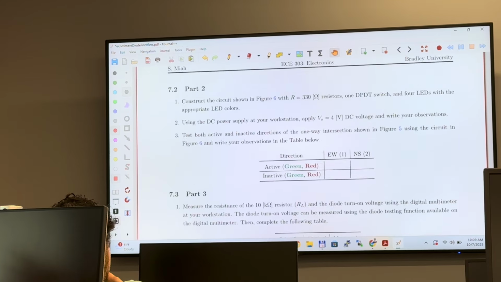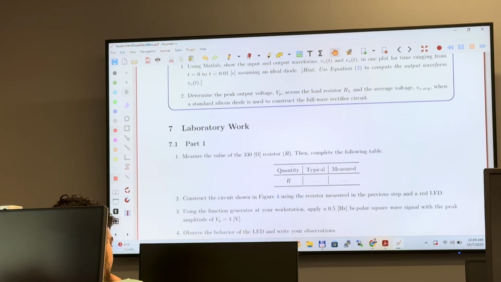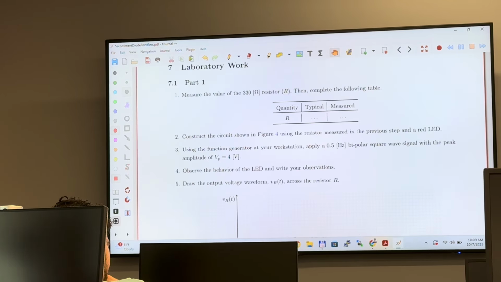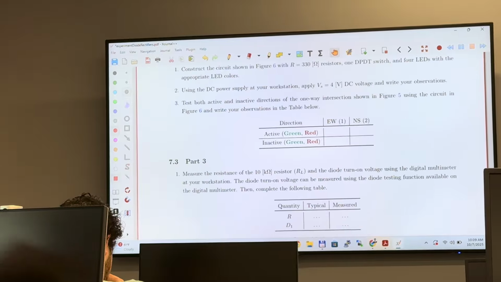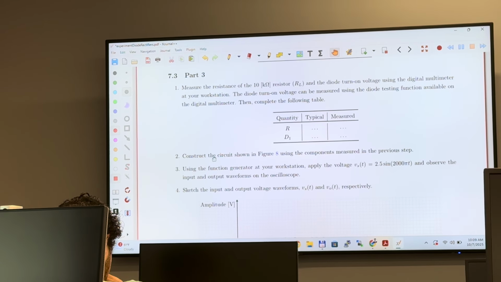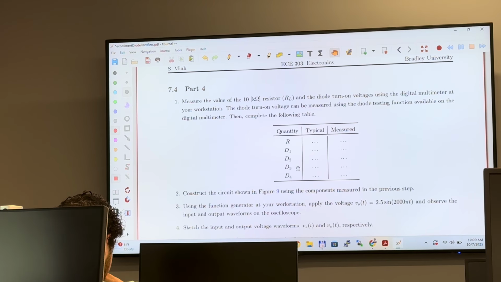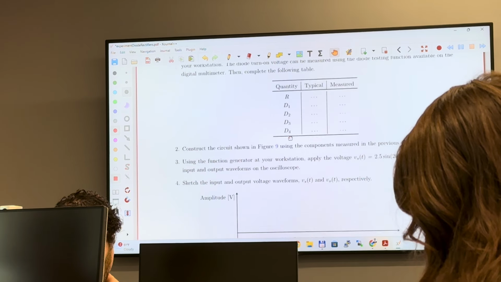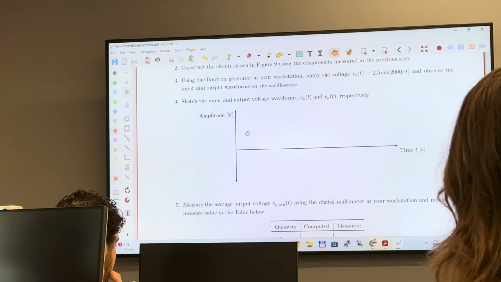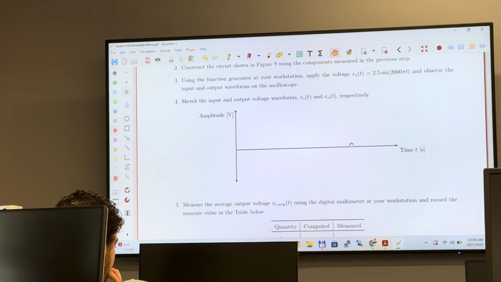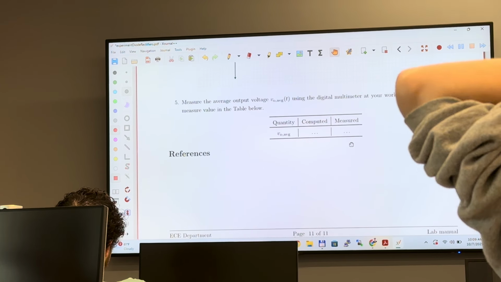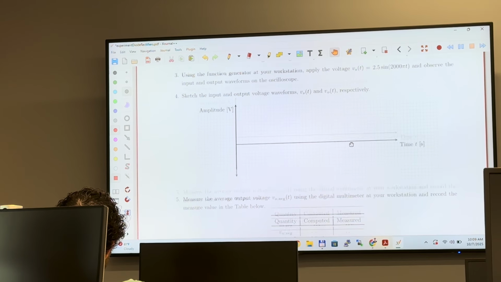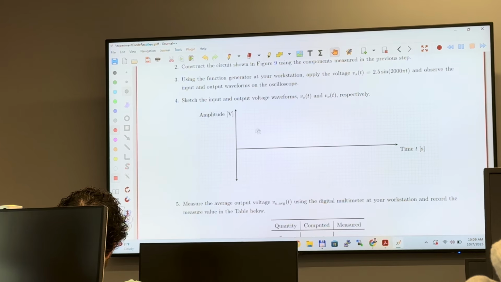Okay, so we have part 1, and then we have part 2, part 3. Part 3 is about the half-wave rectifier, and part 4 is the full-wave rectifier. So you do need 4 diodes and 1 resistor. And you will see what output you see on the screen. So I want you to sketch that output. And when you write the reports, guys,